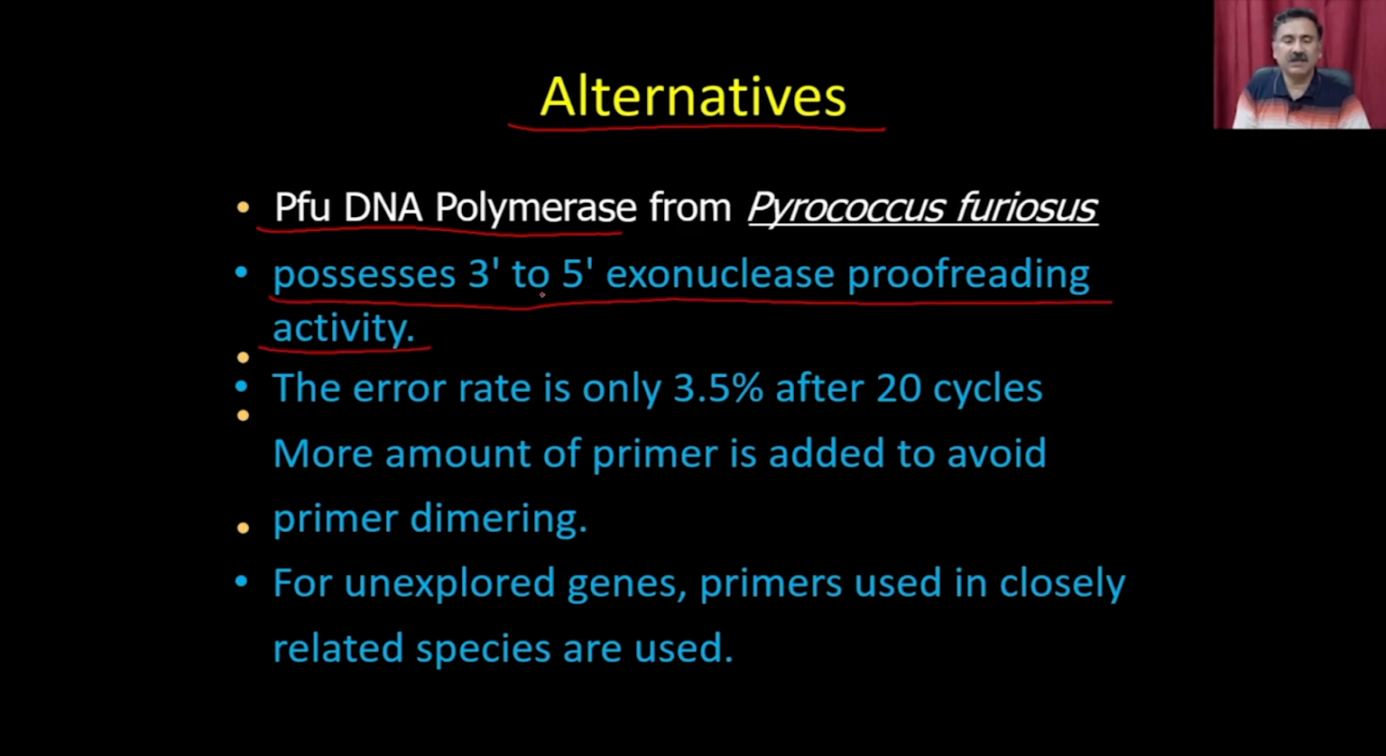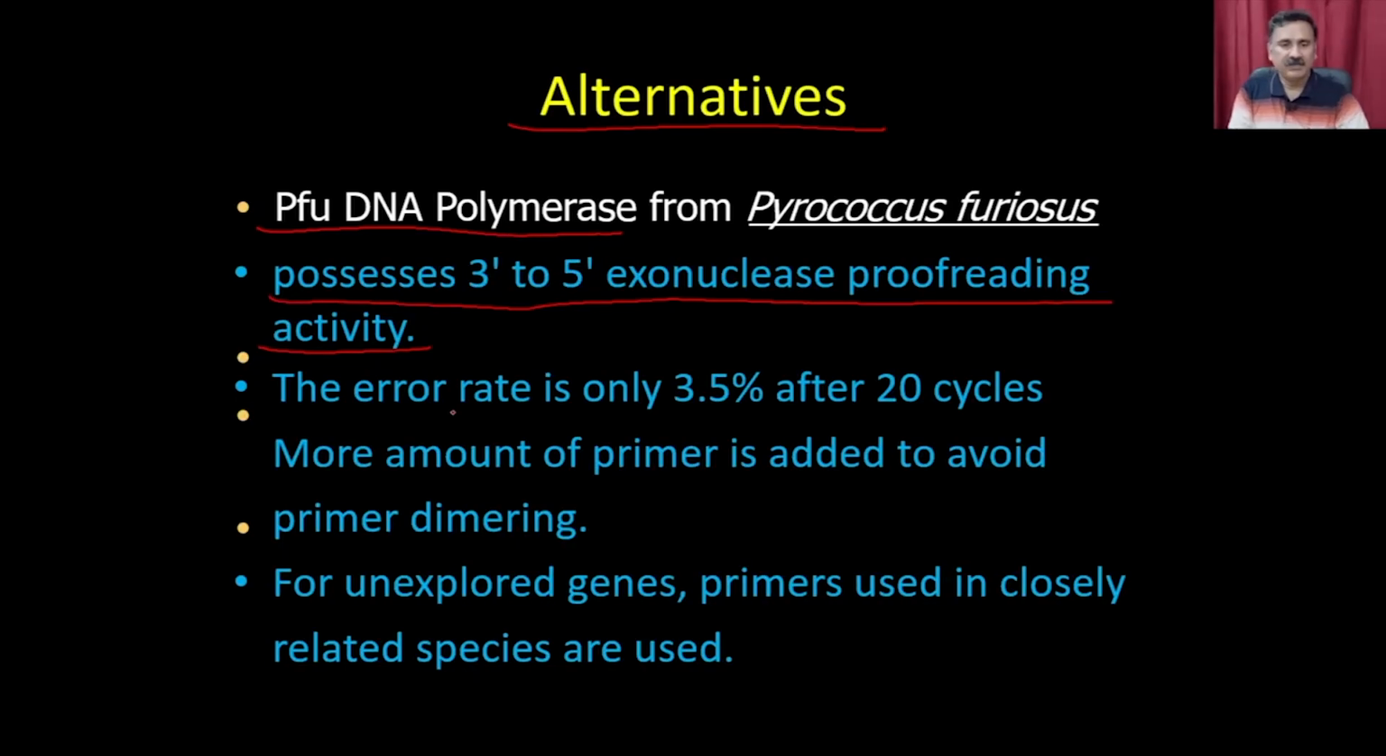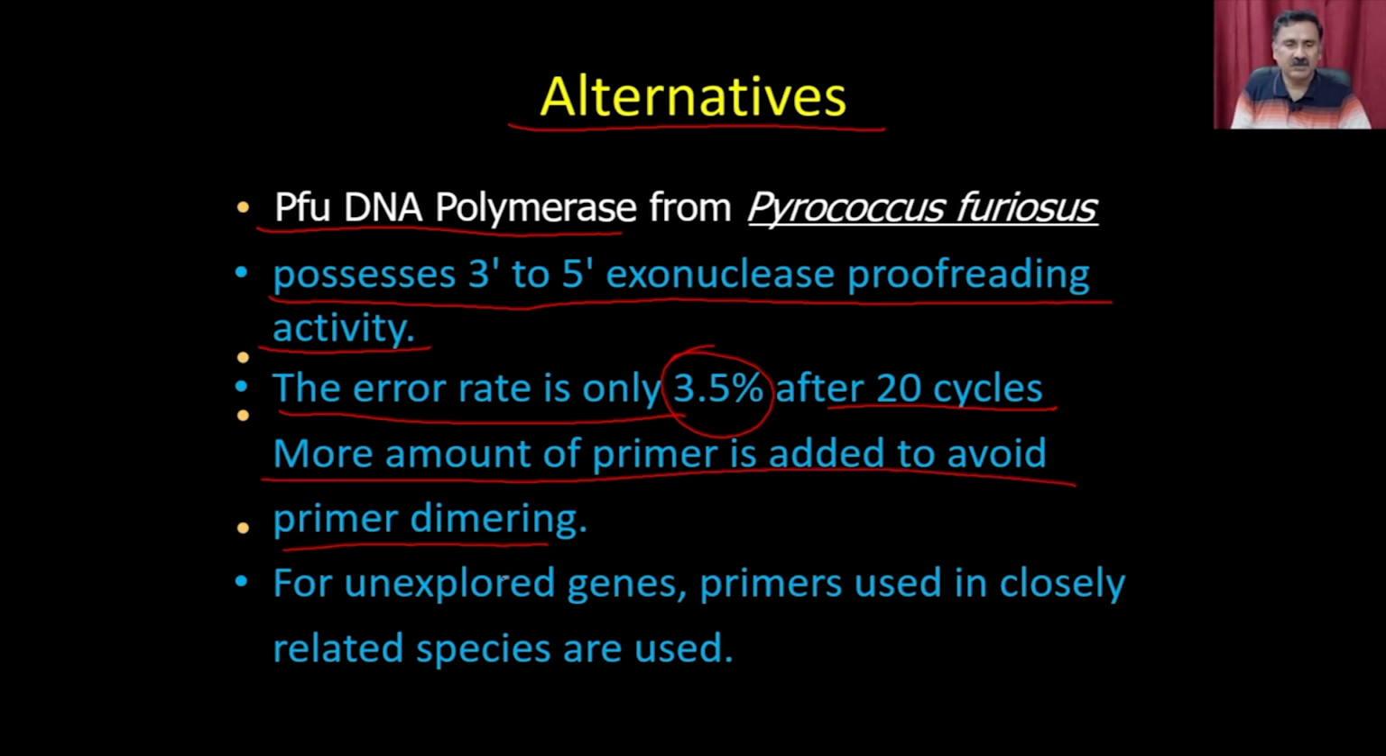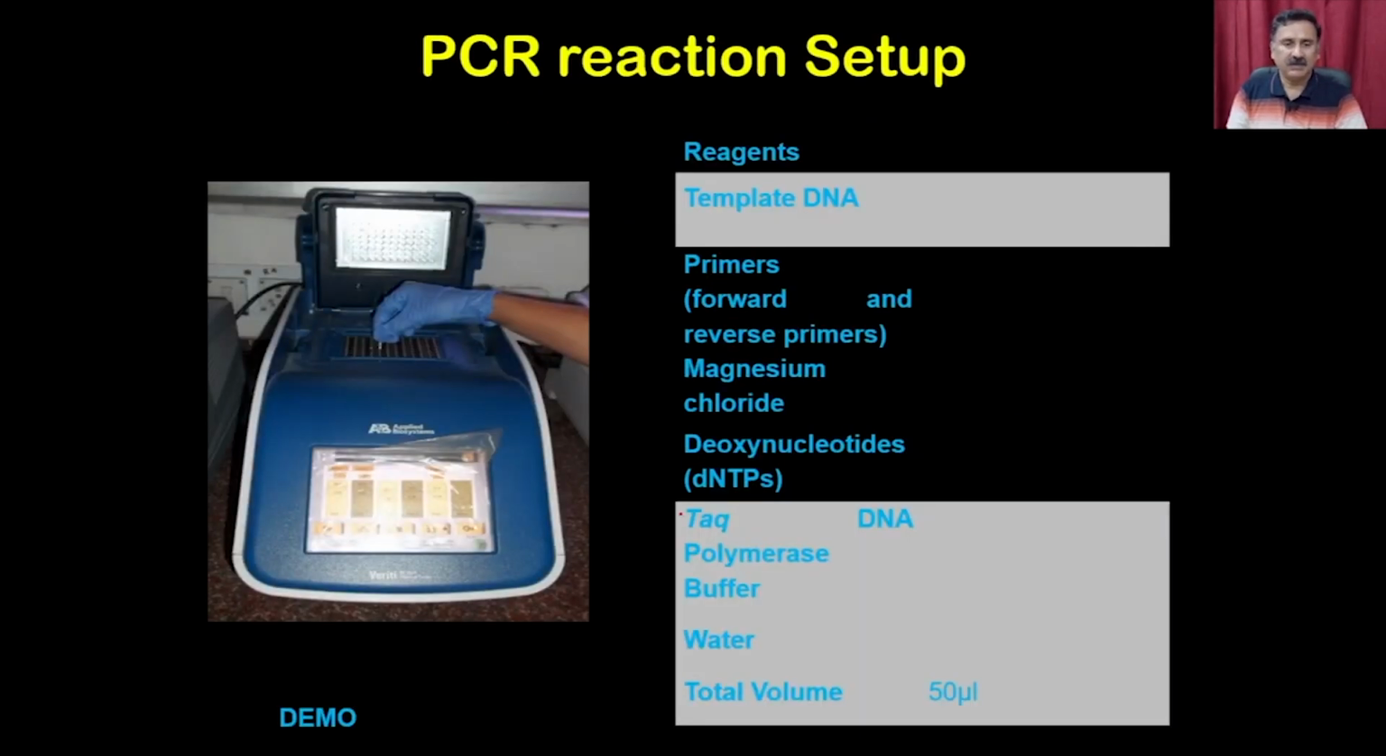So because of that, even if it incorporates mutated nucleotides, it will actually go and correct that. The error rate is only 3.5% after 20 cycles. More primer is added to avoid primer dimer formation, and for unexplored genes, the primers used in closely related species are used. Okay, so this is all about the PCR, and